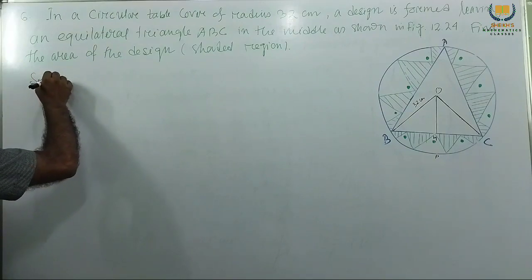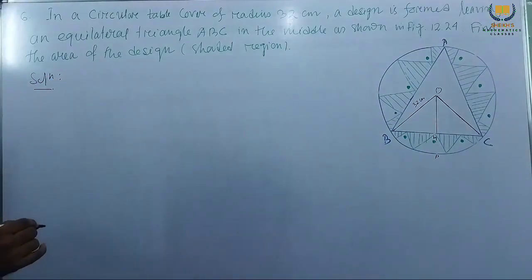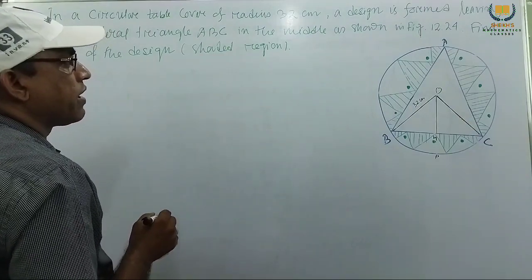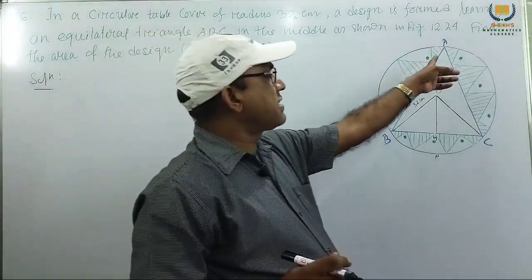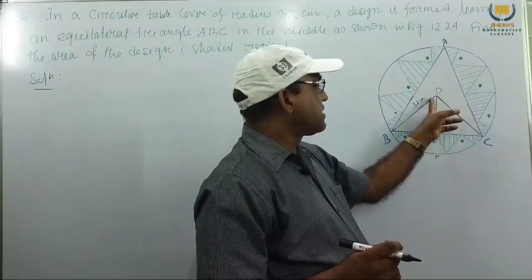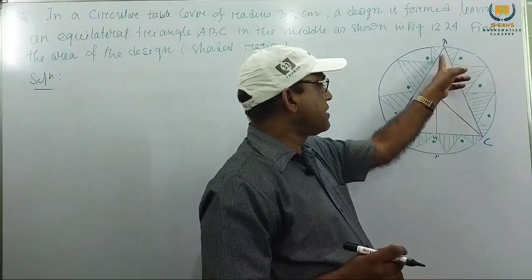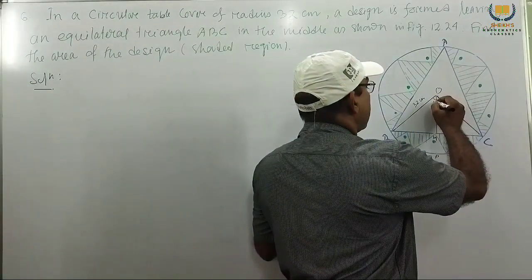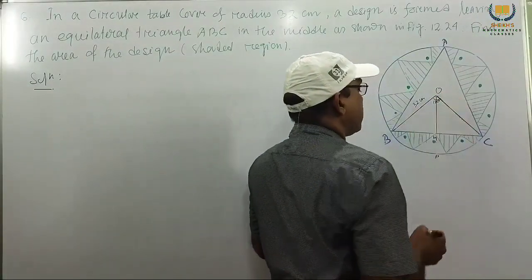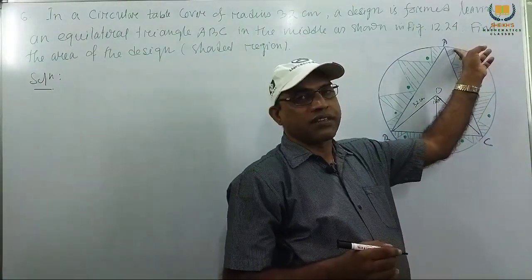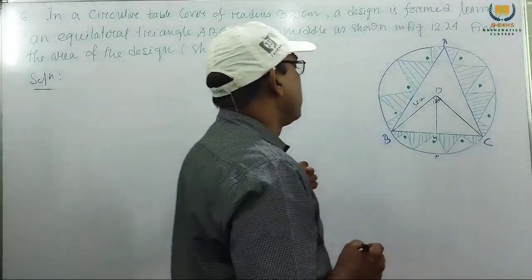Solution: area of the triangle we want to find. So this angle is 60 degrees. This base is the same base. This is the central angle. If it is 60, then obviously this will be 120. We get 120, because the central angle is 2 times the circular angle, the base being the same. We know this.